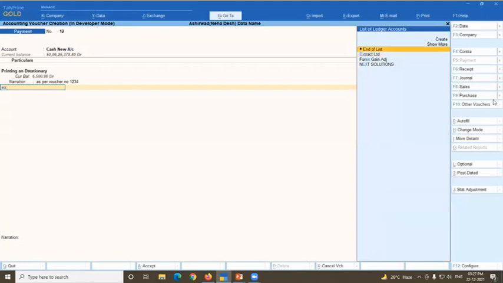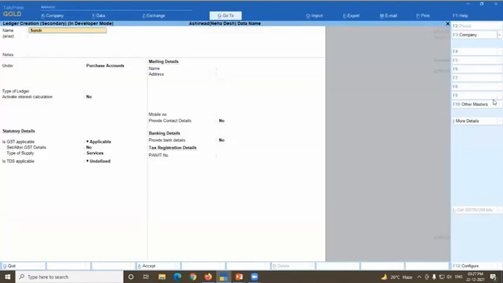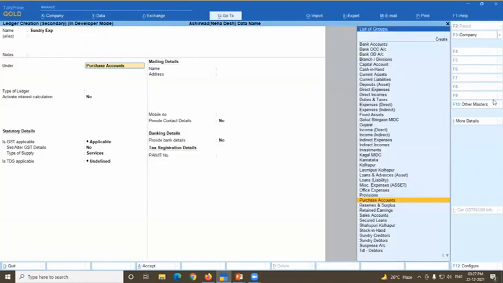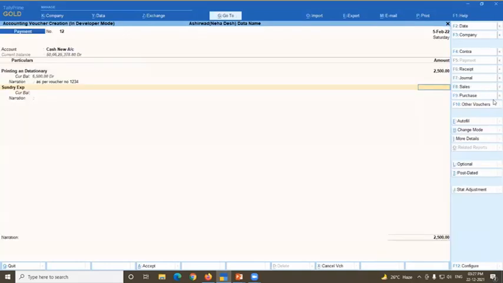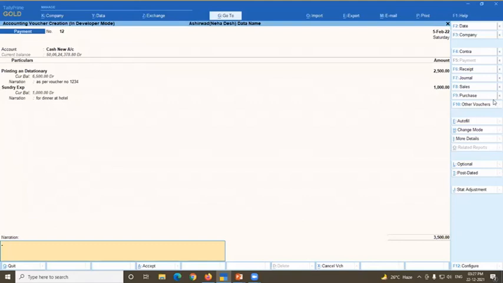So I'm creating here sundry expenses under indirect expenditures. Okay. So now I'm putting here 1,000. Again, narration is there for dinner at hotel. And here I can put a common narration. This is called common narration. I can put here total expenditure 3,500 as per XYZ.